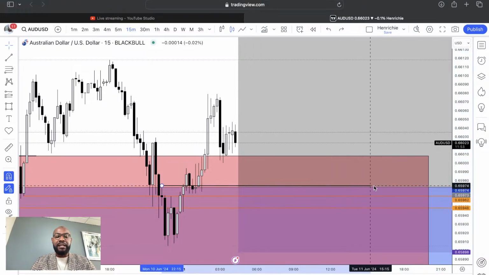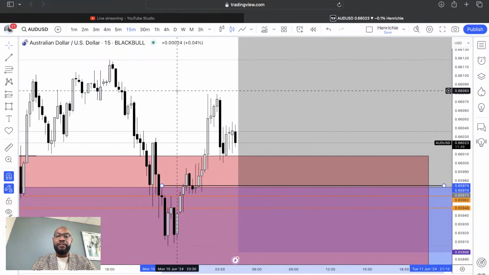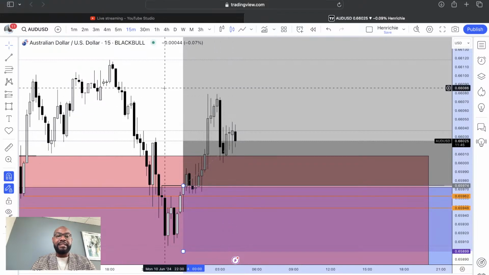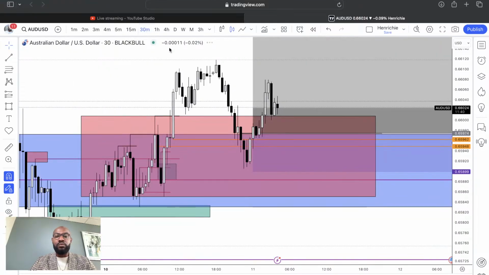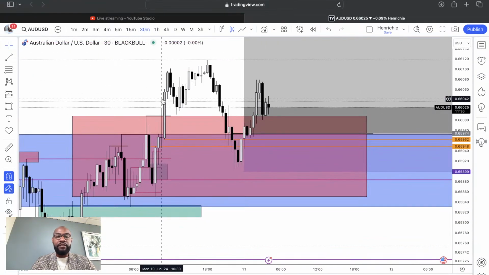Is going to be these CPI numbers coming out. It's going to bring in a lot of volatility. It could be positive, it could be negative to your trading account. So the main thing is, if you're in profit before the CPI numbers come out, you can do one or two things. Either you close the trade, take whatever you've made, or you can trail stop loss to break even. If anything happens, you just leave the market with what you've made.